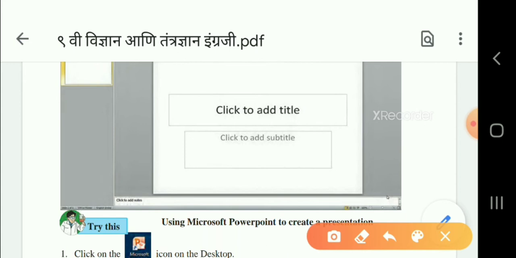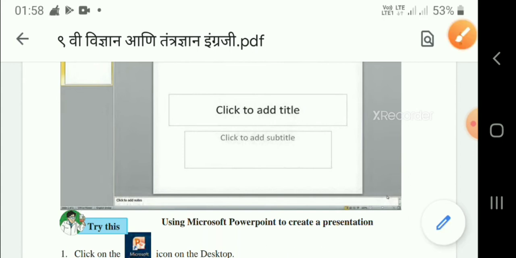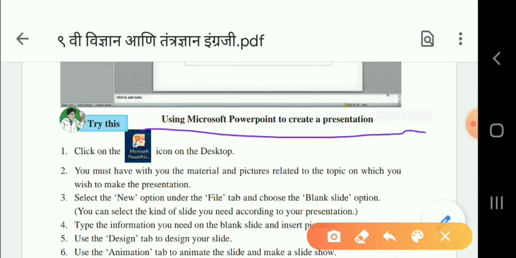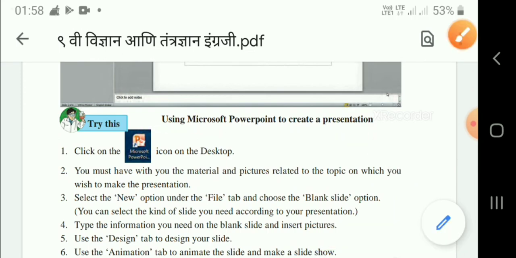Now here it is given about the PDF file. A PDF, or Portable Document Format file, can be used to view the file, to print it, or to handle the file. So I think you might have understood this point, children, that using Microsoft PowerPoint to create a presentation.